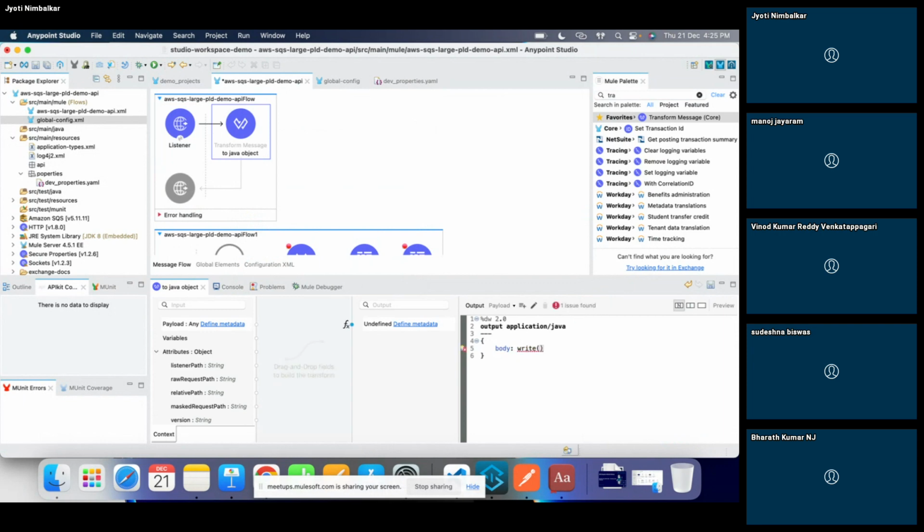Since I'm posting a JSON payload, I'll try to read it in JSON format.